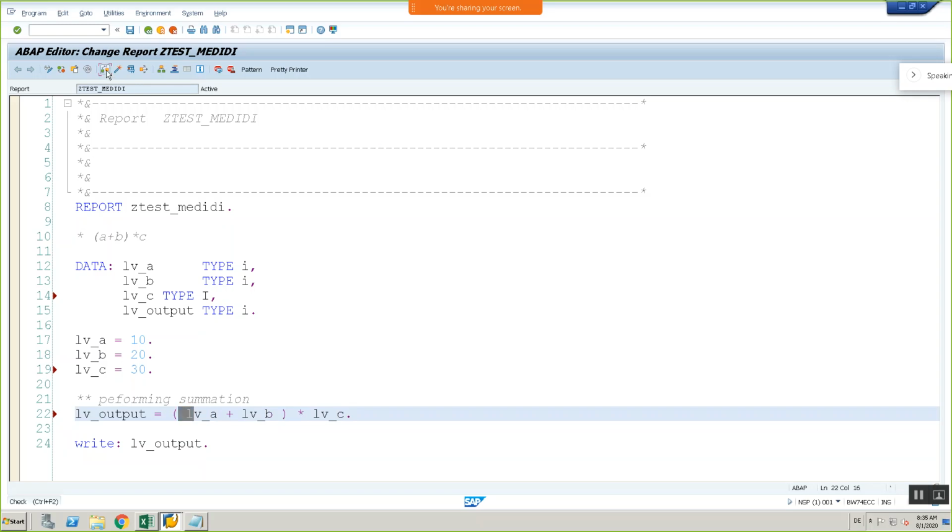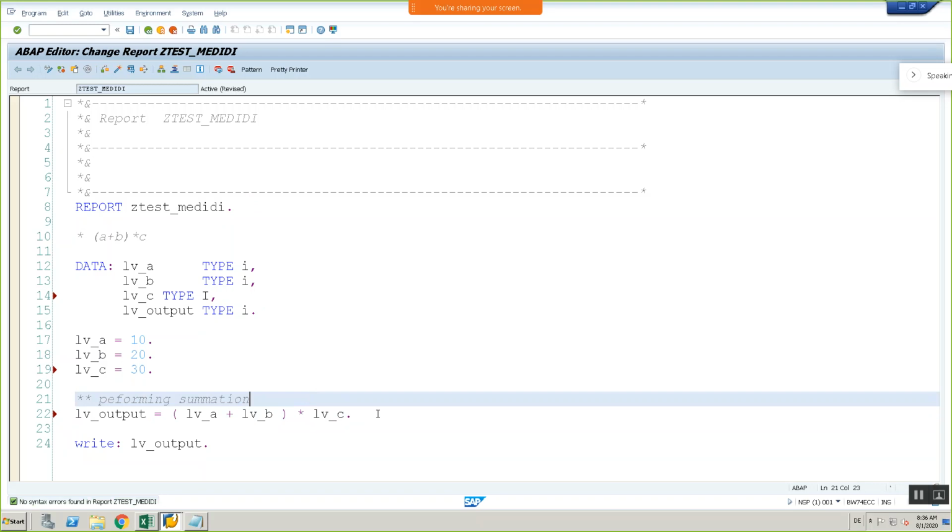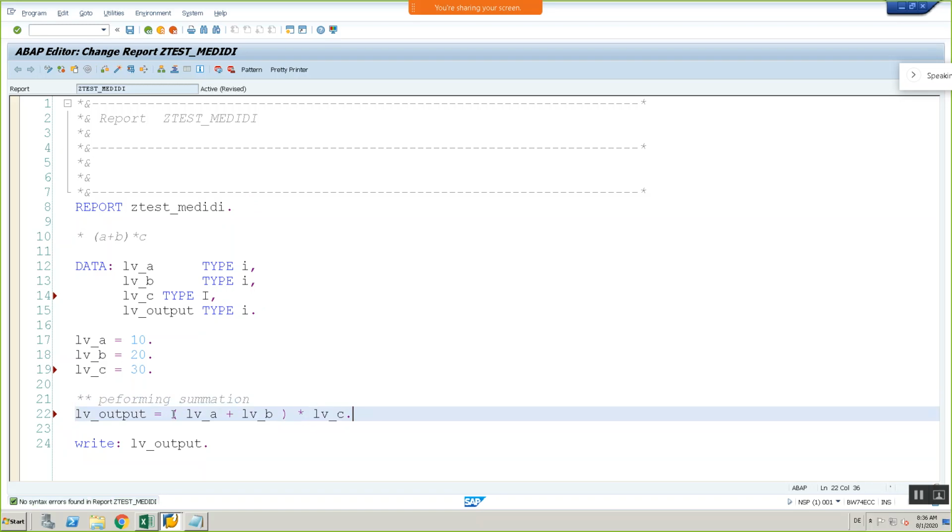If I click on the check mark now, see there is no error. So when we keep brackets also, it is mandatory to keep a space between each and every bracket. If I remove one space here, I can see red color here, right? If you have 1,000 lines of code and somewhere you miss this space, the system will show you an error message.